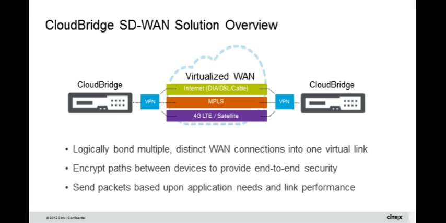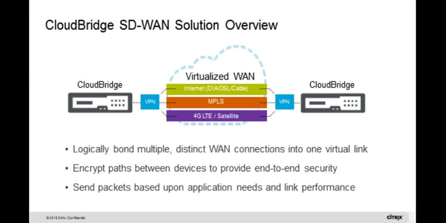And what's enabling them to move in this direction while maintaining the end user experience and the reliability of the application delivery and the visibility to the application delivery is a solution like CloudBridge provides for